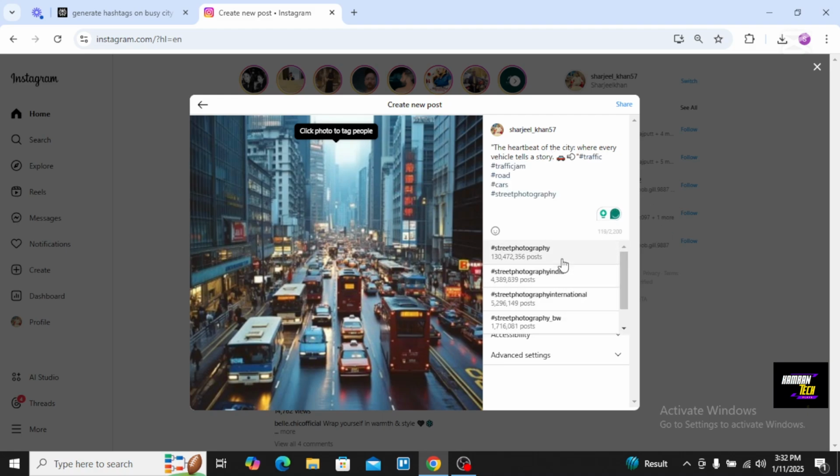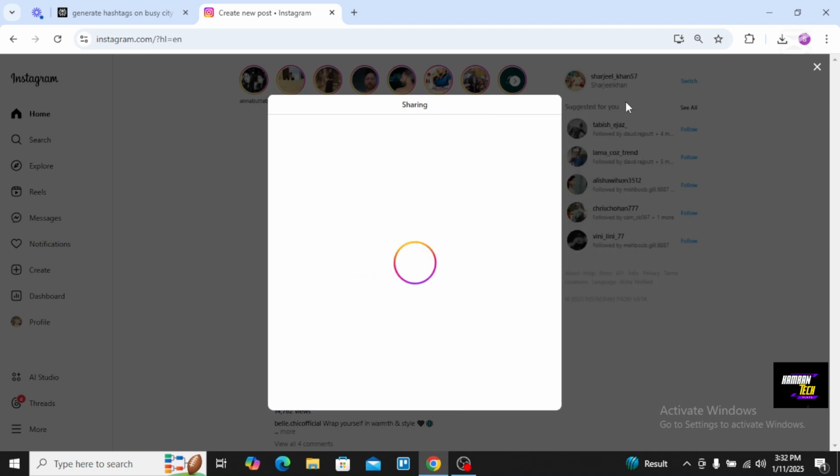Now you just select it and tap on share. So in this way you can create a social media post using